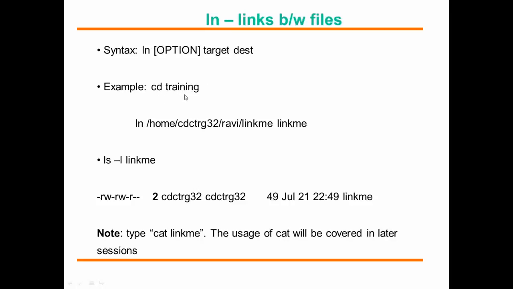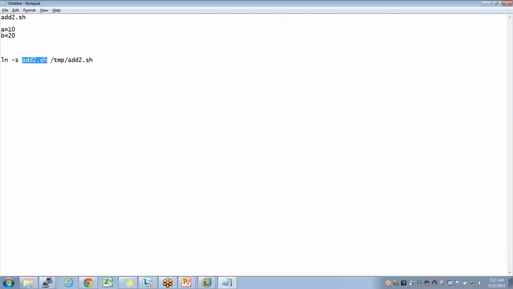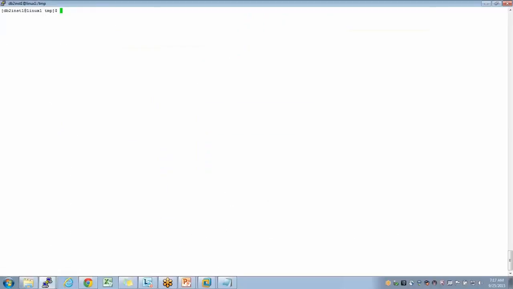I did cd training, entered into the training directory. I said ln, inside the training directory, inside the Ravi directory, there is a file called linkme. This file I want to link. Now let me show you that example. If I make dir Ravi, cd Ravi, I copy /etc/passwd as passwd here, so it's a new file.